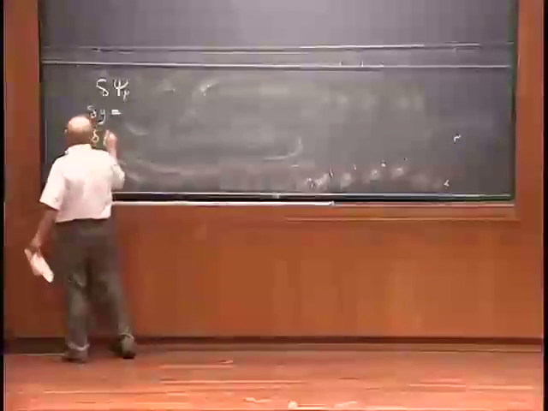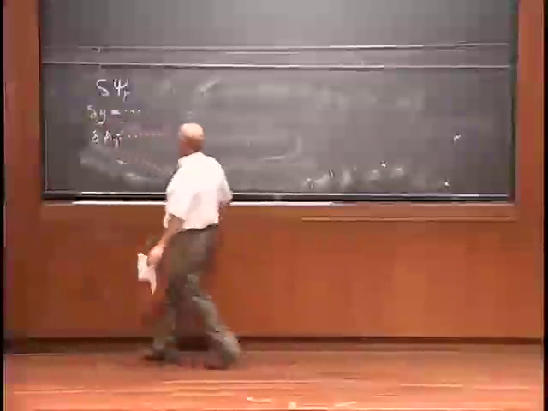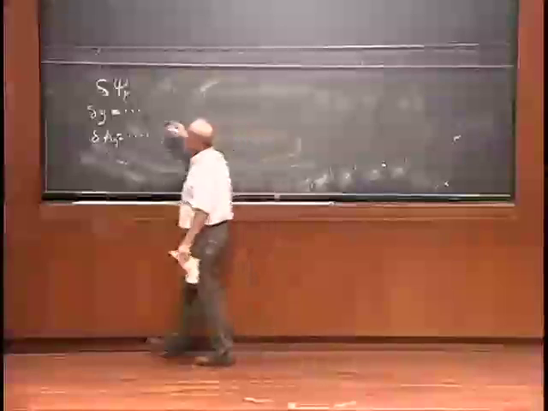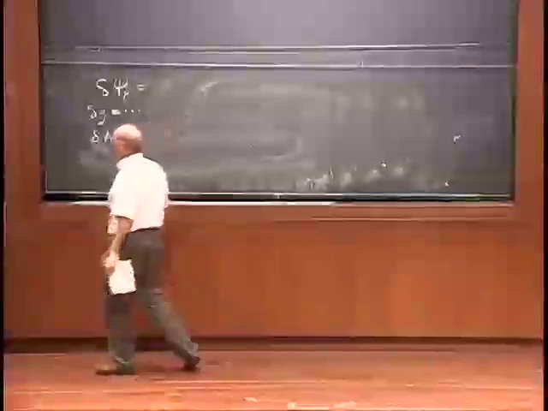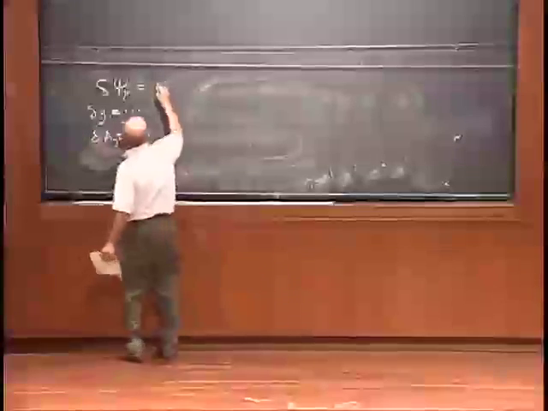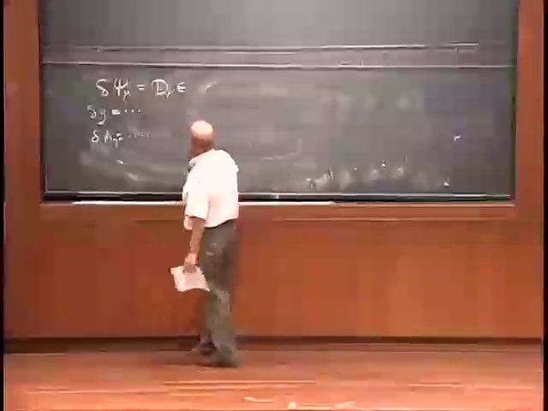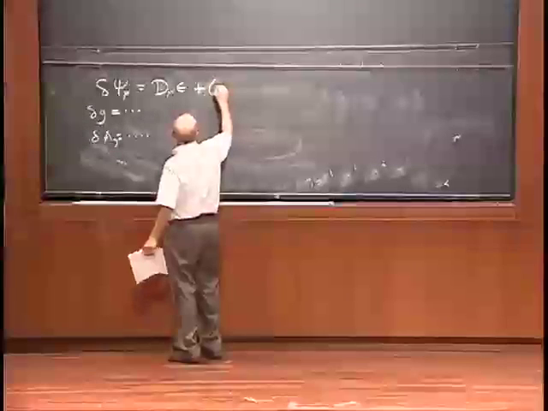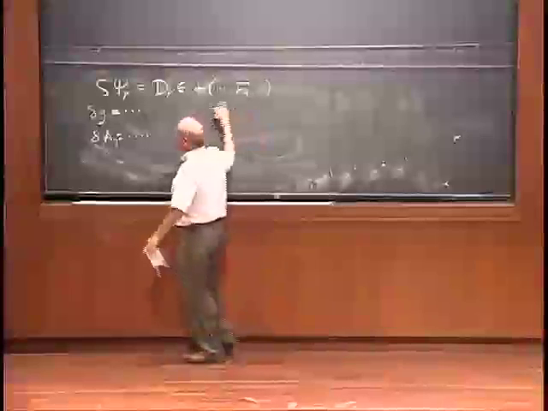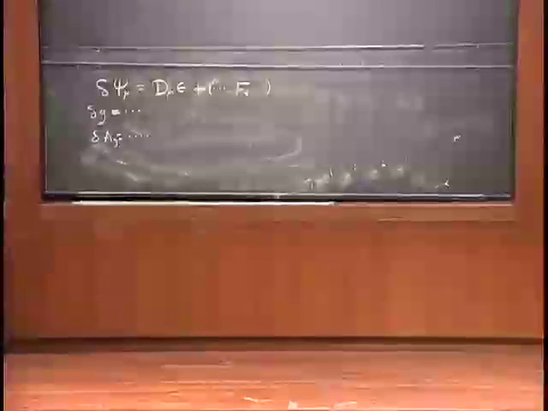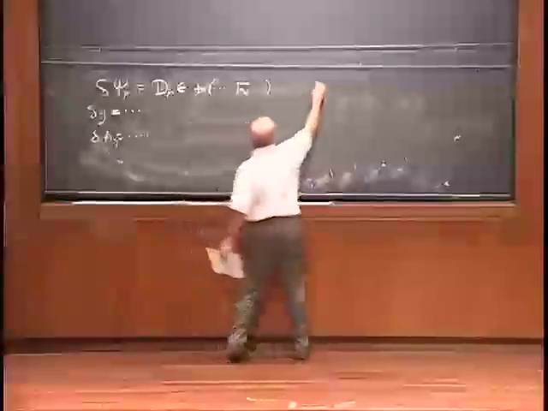So the delta G and there's a delta A3 are given by some formulas, which I don't need. And delta psi is also given by some formula, which is a little bit complicated. It not only involves some covariant derivative of the parameter of the local supersymmetry, but it involves various terms that involve the field strength based on A3. So out of A3, you make a field strength F4. F4 is dA3.